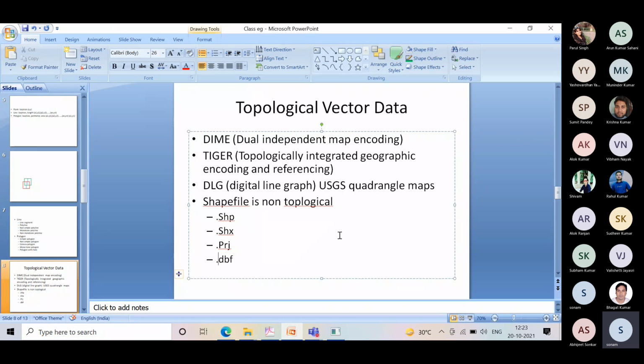So if you see, there are majorly 5, although sometimes there can be 6 files when you create a shapefile. But the first two are the ones that store the spatial information. So the SHP will store the